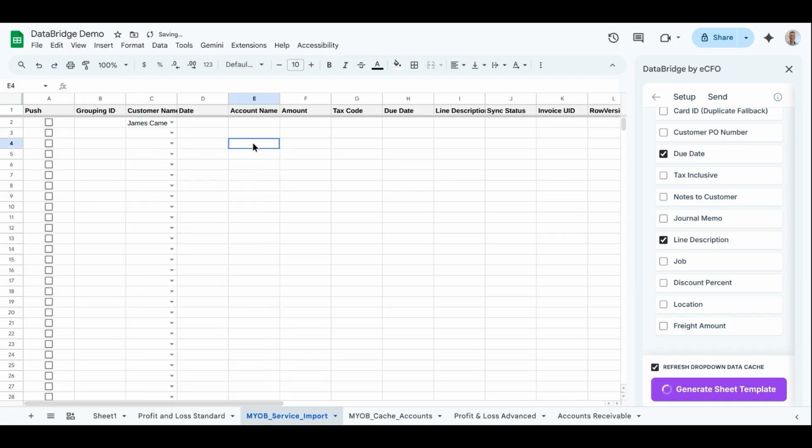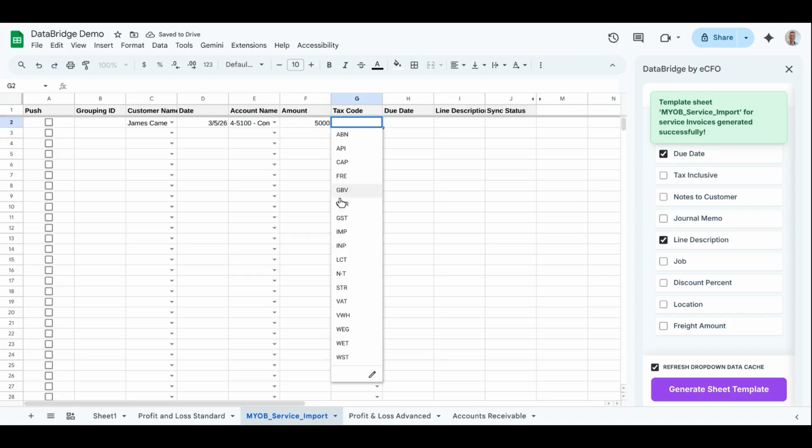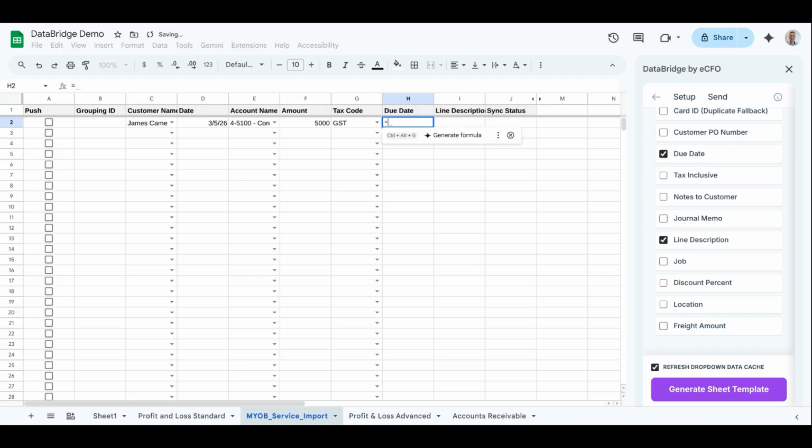So let's do one for James Cameron, and we'll invoice James as at today. And let's say it's going to be consulting revenue, and we'll do a 5 grand invoice for that one, and we'll say it's going to be GST. But you can obviously use your formulas if you want. Just be careful as dates tick over that this will change if you're going to make these dynamic dates. And a line description will be some great advice, and we'll do this on